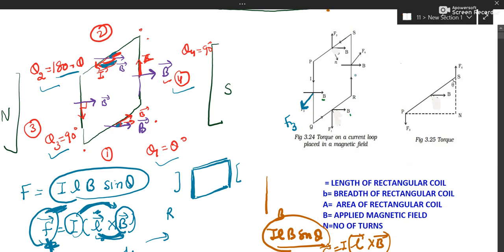Okay. So this is F3, this is F4, force on fourth arm, this is my fourth arm, this is my first arm, this is my second arm. So these forces you'll have to practice properly. This is F2, this is F1. So all 4 forces on all 4 arms should be shown clearly. For example, let us try to find out what is the direction of F3. Okay? So see, current is like this. This is current.